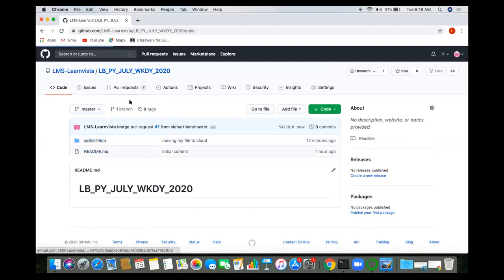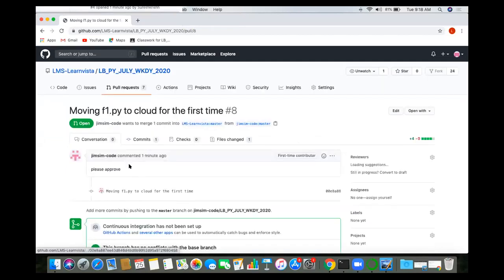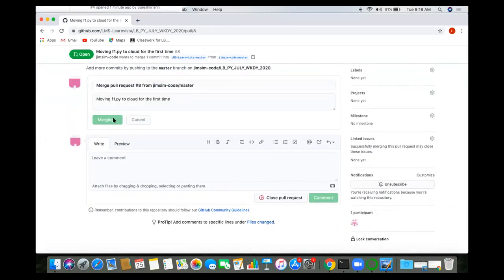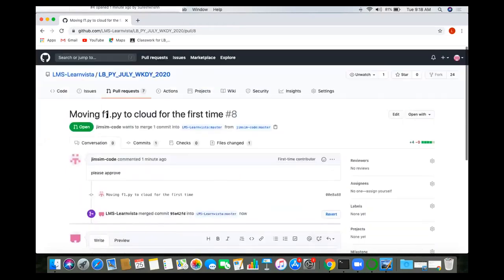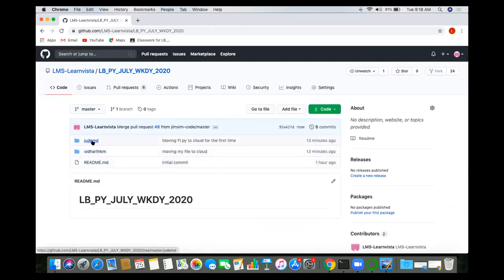Now let's come here and let's accept another one. Only Siddharth is showing, right? Let me do it for Jim Sim. Okay, so I'm accepting this merge pull request, confirm merge. And I'm coming to my repository. You can see this Jude MD. Jude has done these changes, right? So it is showing for him also. Clear? So I want you all to send me this pull request and I'll be accepting it after the class. Then all these folders will show to me. Clear?